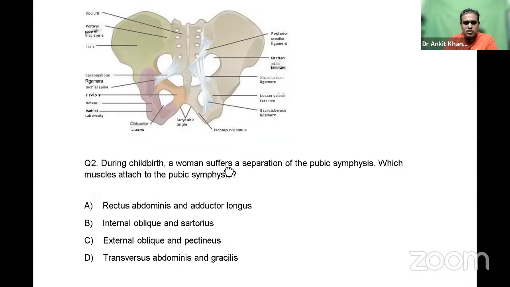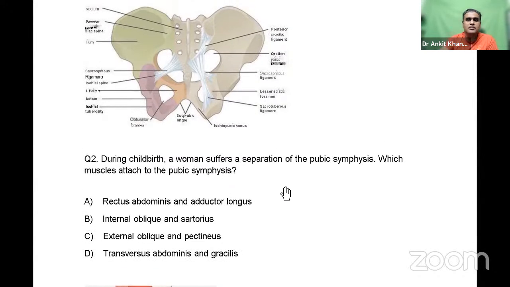Let us see the next question over here. Another beautiful question. During childbirth, a woman suffers separation of the pubic symphysis. Now, this might happen. During normal delivery, the baby is passing through the birth canal, so all the ligaments are loose and bones are actually expanding because the head has to pass out. Just merely thinking of the process of childbirth might give you some mental pain. So much is happening inside the body. There can be separation of pubic symphysis, as the question says, which muscles are attached